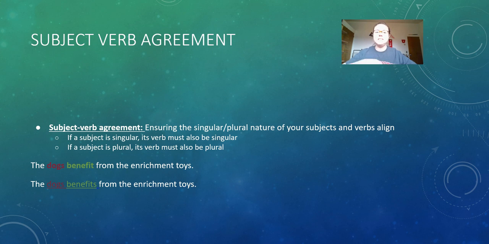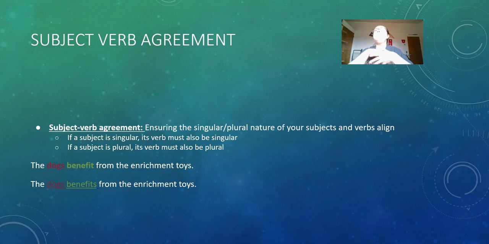Subject-verb agreement is ensuring that the singular or plural nature of your subjects and verbs align. So, the easiest way to remember it: if a subject is singular, its verb must also be singular. If a subject is plural, its verb must also be plural. Where this can get a bit tricky is thinking about how we use the letter S or the suffix -es